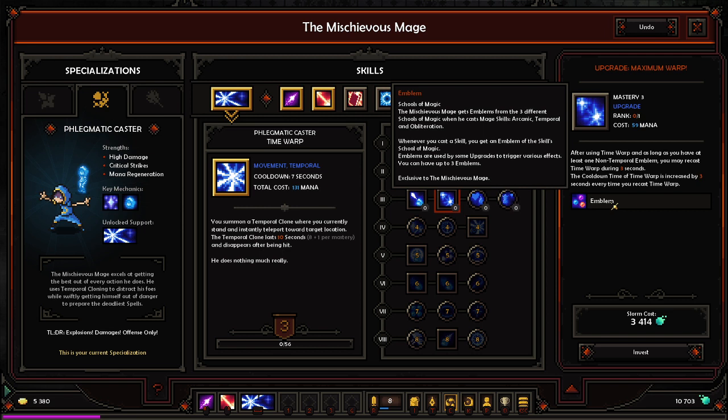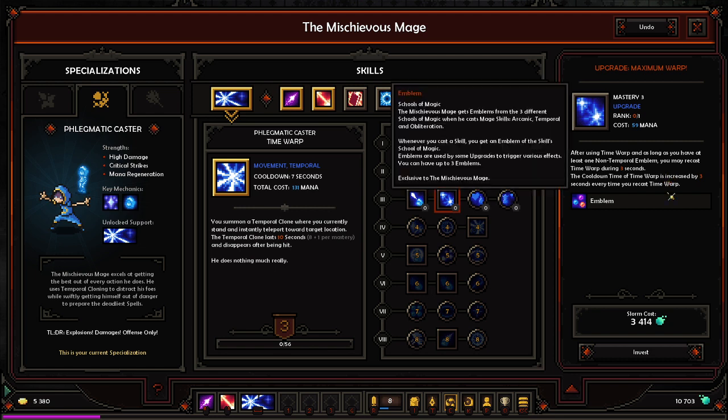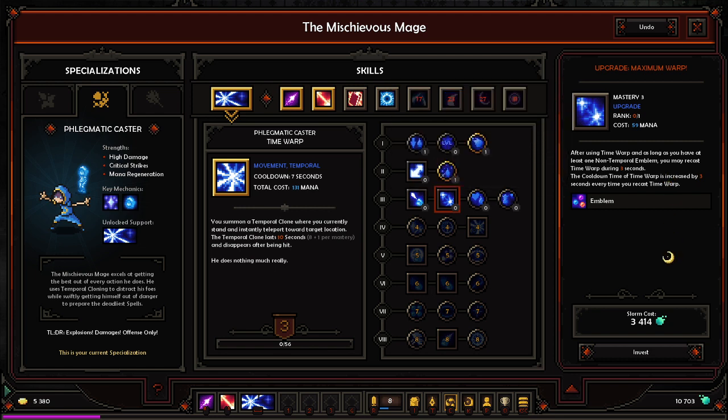Does that grant me emblem? I don't know. After using time warp, and as long as you have at least one non-temporal emblem, you may recast time warp during 3 seconds. During 3 seconds? After using time warp, you may recast time warp once during 3 seconds to swap your position with the temporal clone. Okay, so you can cast it and then cast again if you do it within 3 seconds. Alright, well,